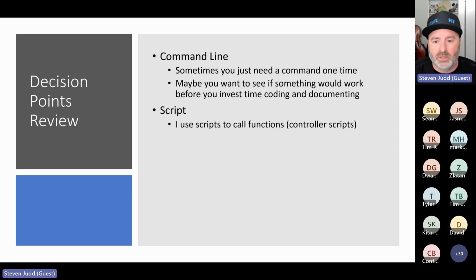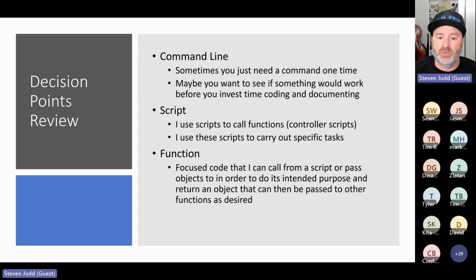Okay. Then on the script, I use scripts to call functions. Don Jones called these controller scripts. I think it's the right way to describe it. You have a script that calls all your functions. The logic of what you're trying to do is in the script. It says, go get this, parse it for this, send it to that, output to here, tell someone I'm done. That's what your controller script does. Each one of those steps in there is a function that accepts input, does its work, does its one thing, and does it well, and then returns you the result. I use these scripts to carry out very specific tasks.